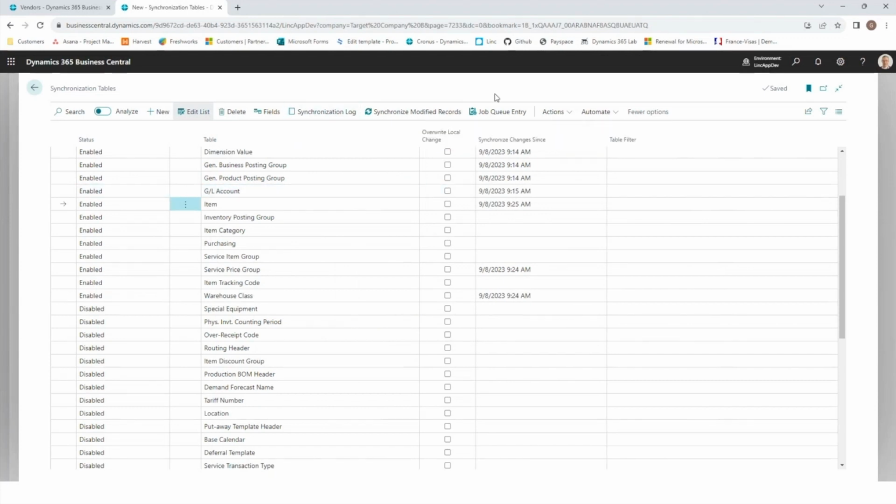It's the F5 to refresh the page. So we can see that we have started a full synchronization on items. We can see when our initial synchronization started on 9:15. A little bit later is our synchronization starting. Cool. Also on the synchronization tables, as in our initial synchronization, you can find the synchronization log, which is good